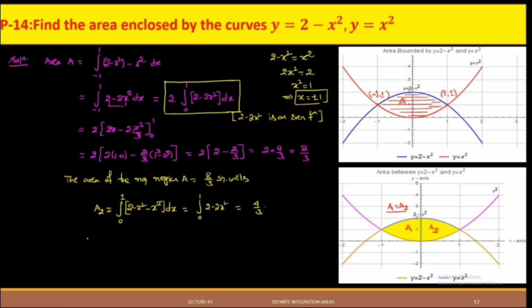Okay, so since a is equal to a1 plus a2, and we know that a1 is equal to a2 because of the symmetric property, a is equal to 2a2. 2a2 is equal to 2 into 4 by 3, that is equal to 8 by 3. So this is the geometric meaning of this integral. Integral from minus 1 to 1 of an even function is equal to 2 times the integral from 0 to 1. So I hope you have understood that particular result graphically also. Okay, let me